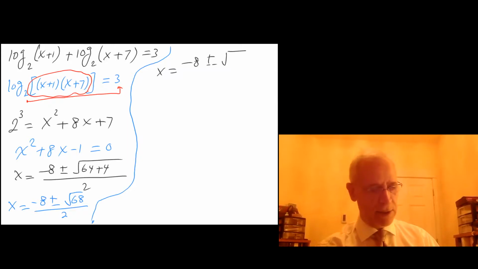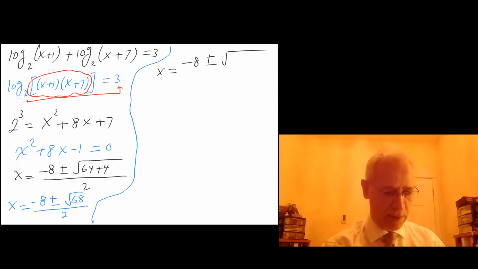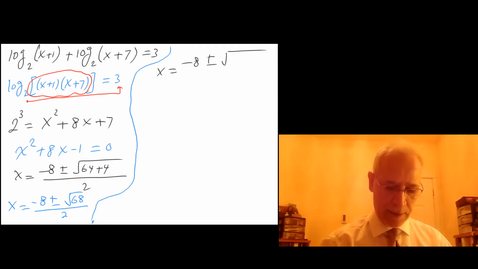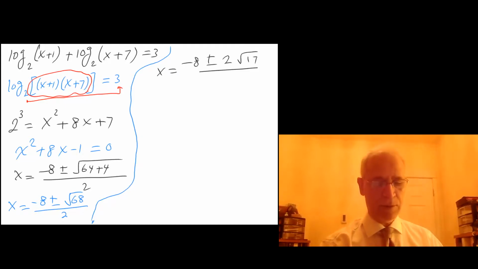Let me go ahead and continue up here and say x equals minus 8 plus and minus square root of 68. 68 is 2 times 34, and that's 2 times 17. So I can rewrite that as plus and minus 2 root 17